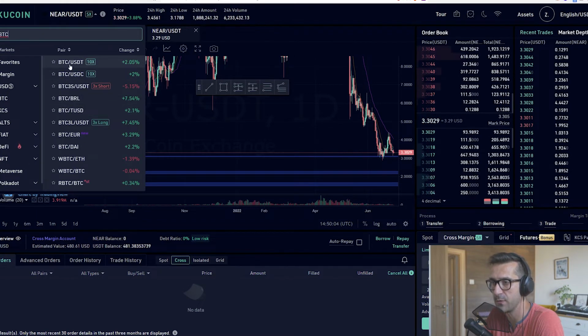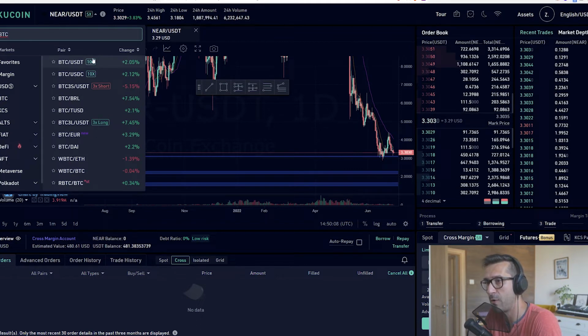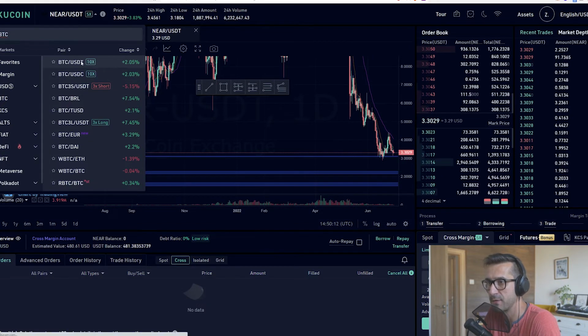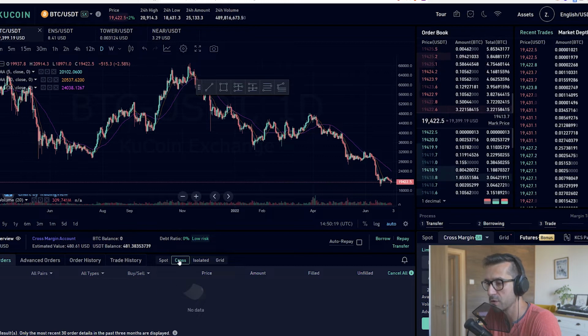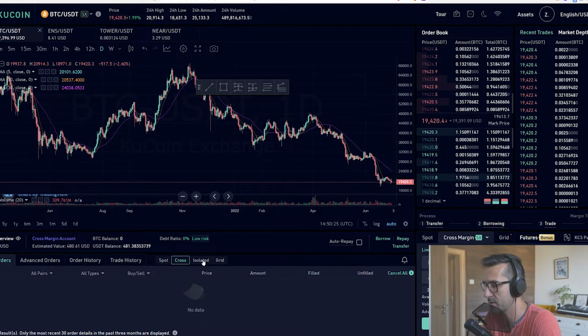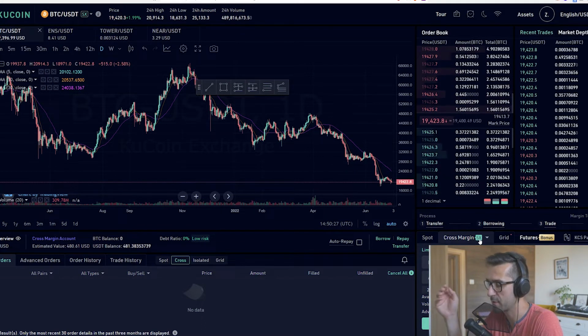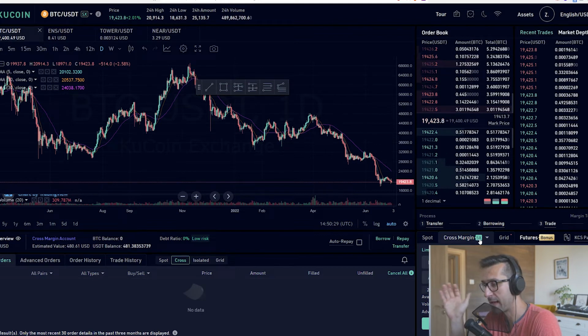And in this case, if you want to look into BTC USDT, here on the site it tells you how much margin you can use for this trade. Keep in mind that if you click this, it will open a window here for you. And if you're using cross margin on KuCoin, it will allow you only to go 5x. You can go higher on isolated margin, but even 5x, if you're a beginner, is a relatively high amount of